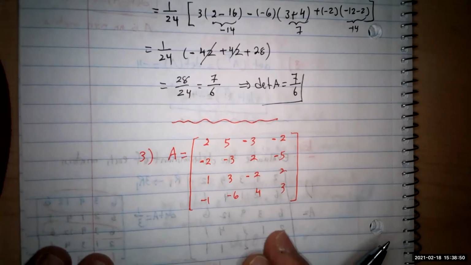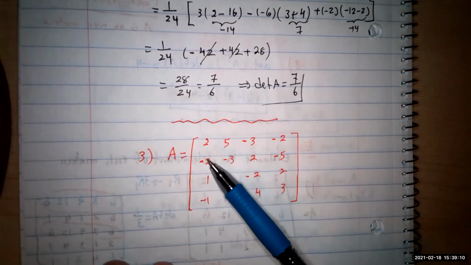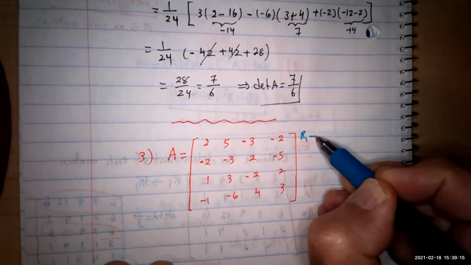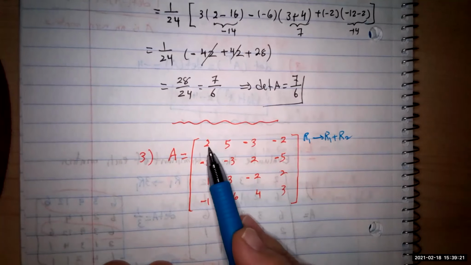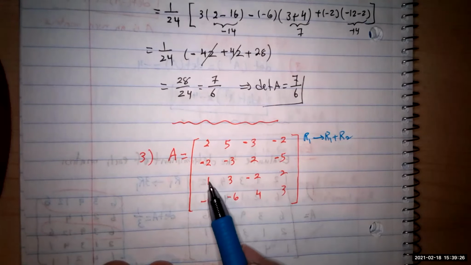If you'd like to get the determinant of this one, you can change it to the rational form, which gives you something easy to work with, or you can easily create a row or a column with lots of zeros. Look at this one. If you add these two together, so if you have R1 into R1 plus R2, this would be 0. Then we can make this one into 0. You see, add it to twice of